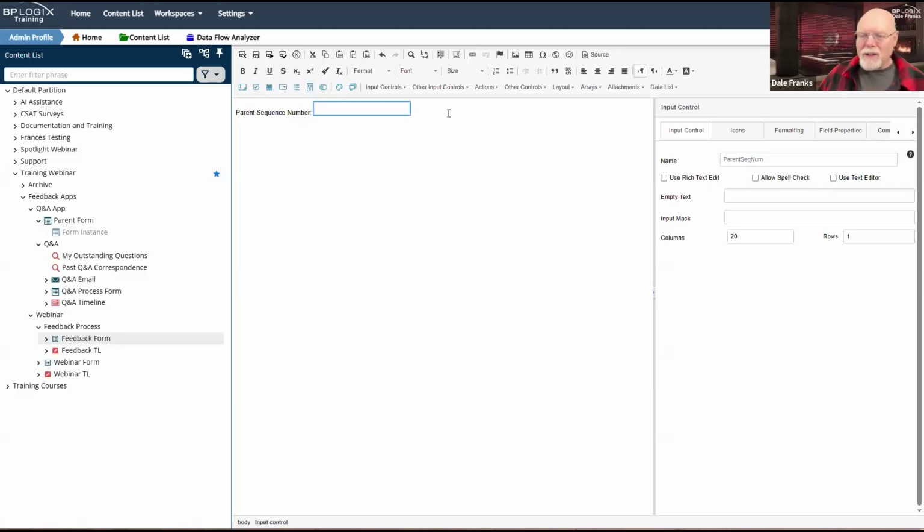This is where it starts getting complex. What am I doing with my feedback form? What is my intent for it? Is my intent to associate a feedback form with a parent form of some kind? Now, it doesn't matter which parent form it is because this is a callable sub process, but is that what I really want to do?